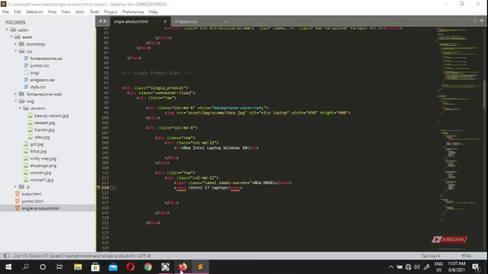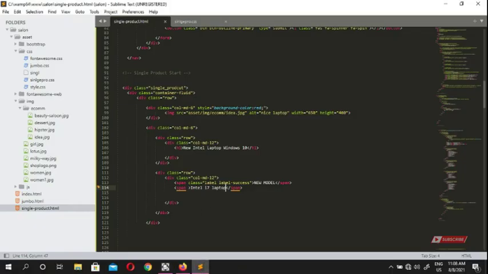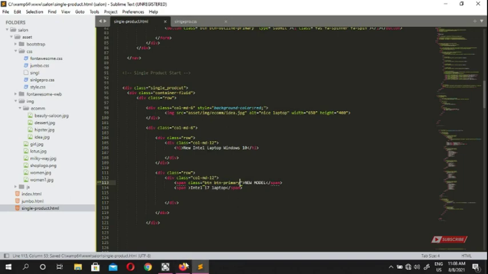All right, so we're gonna see new Intel i7 laptop. So what we're gonna do here is that our span is gonna be a button. We're gonna put a button, btn, so it's gonna be btn primary. Okay,